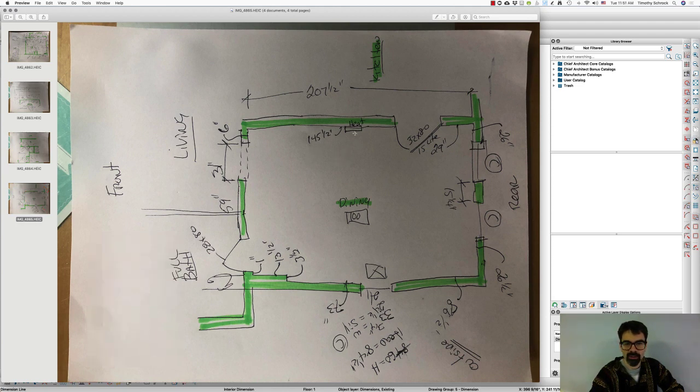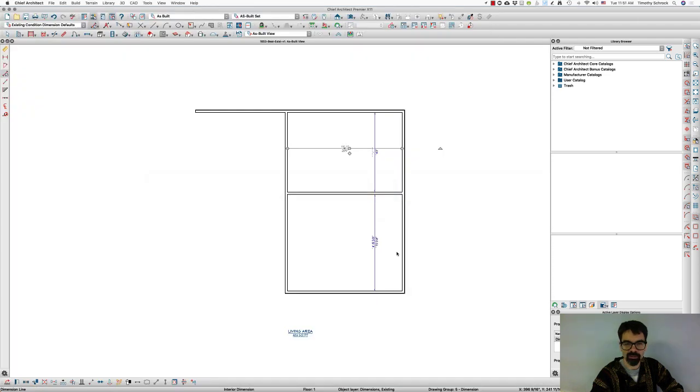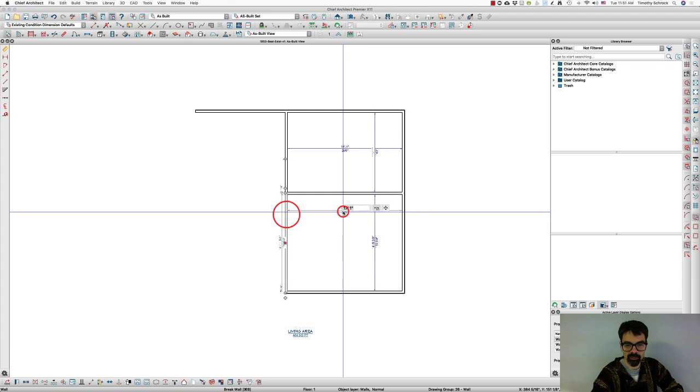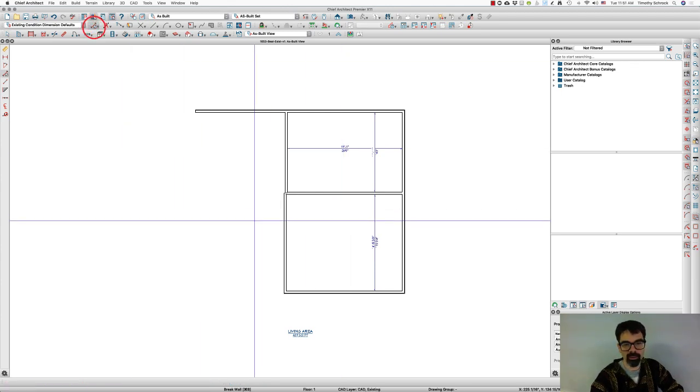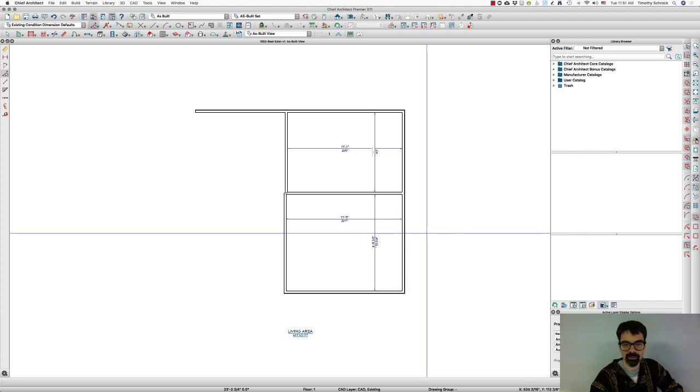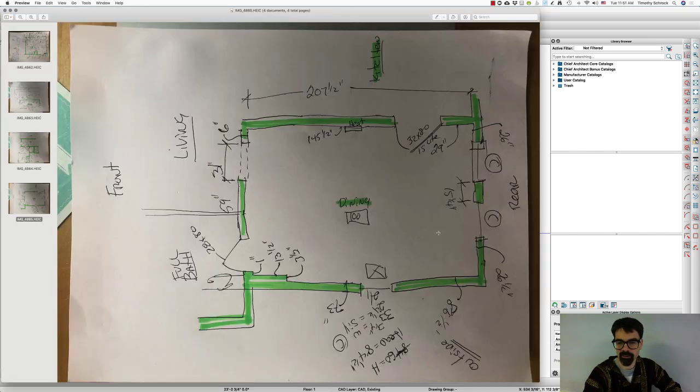All right, dining room is 207, and I was not given the vertical dimension on that, so let's do that here. I'm going to break this wall by Command B if you're on a PC, or Control B if you're on a Mac. So there's 207. I'm going to have to figure out